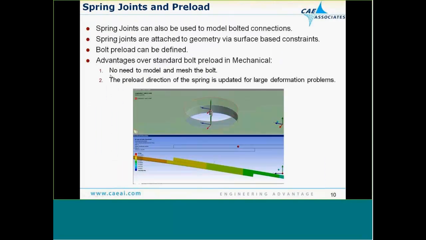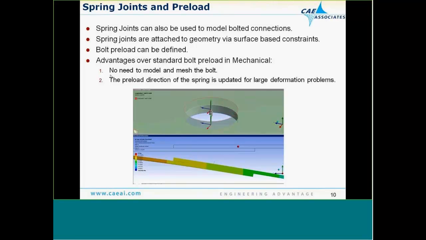One other one that I wanted to point out to you is the spring joint. Spring joints become very useful in situations where you need to apply a preload, but you have large deformation in the system. If you use a traditional bolt preload in Workbench, where you have a meshed bolt and you're applying that preload, that is a small deformation assumption, because the bolt preload actually uses constraint equations to apply that preload initially. The direction of that preload is never updated with respect to large deformation when you're using a standard bolt